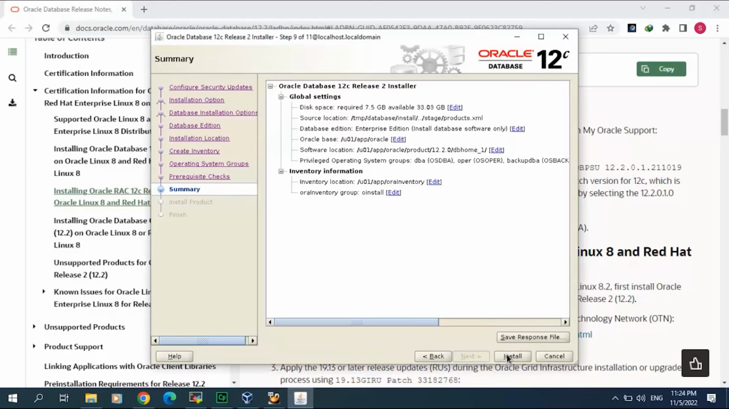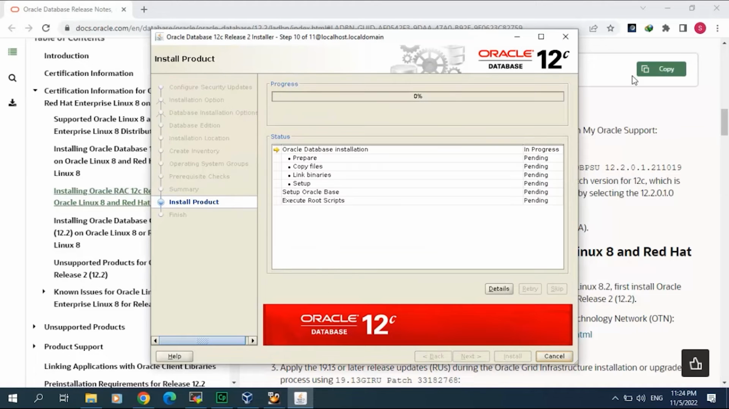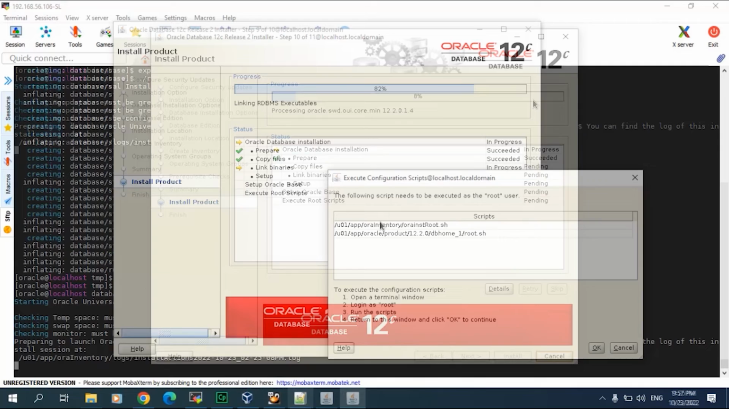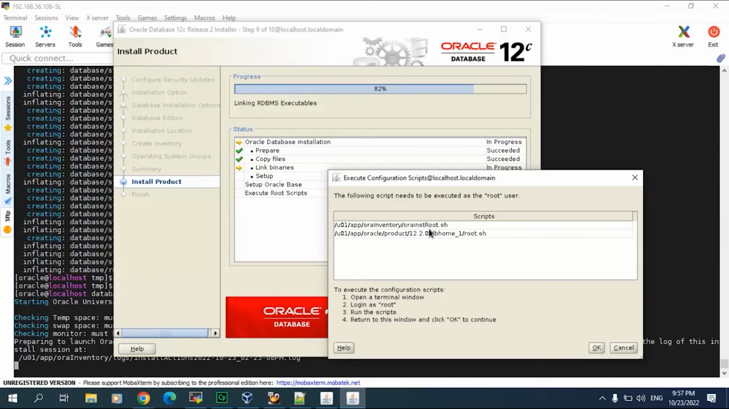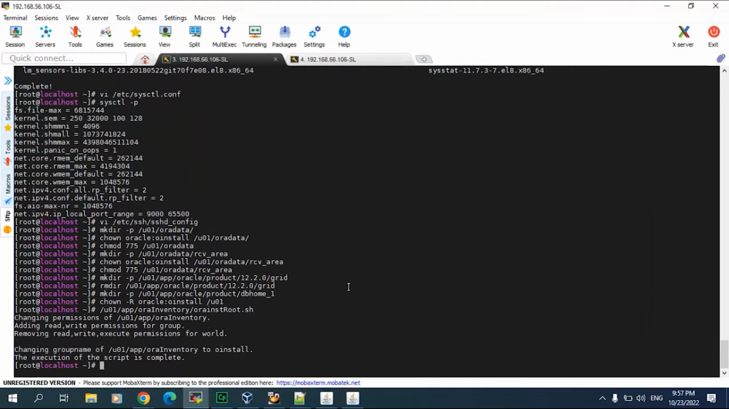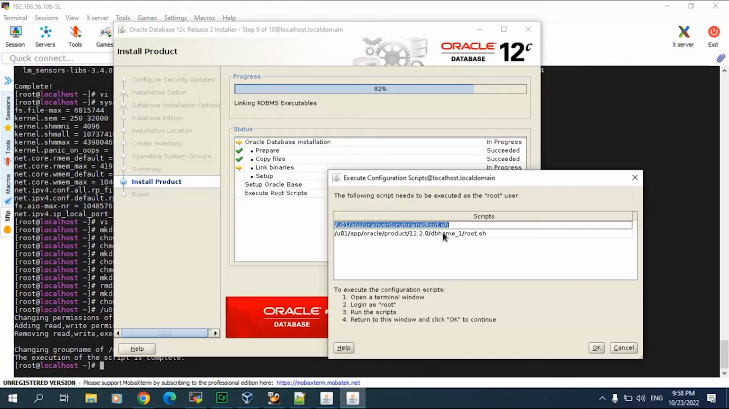I click next, and here we go. Installation will continue. Let's wait for this to finish, then we will get our databases. Now, in this window, we have to run 2 scripts using the root user. We copy the first one, come here using the root user, enter, first one done, do the second one, copy,